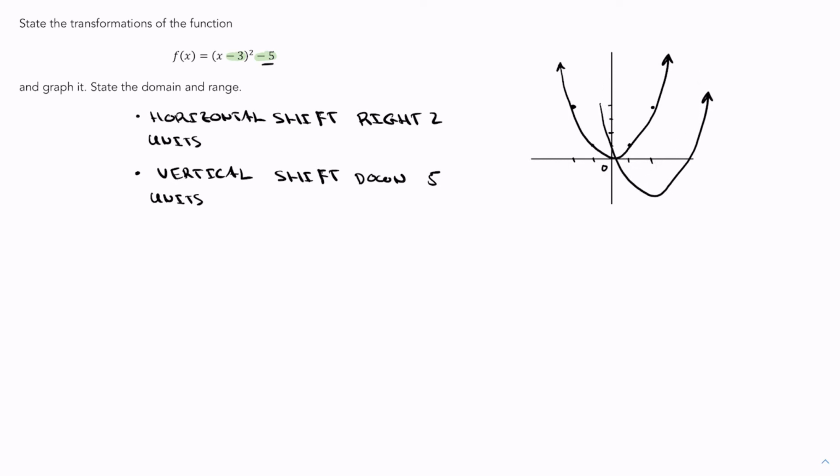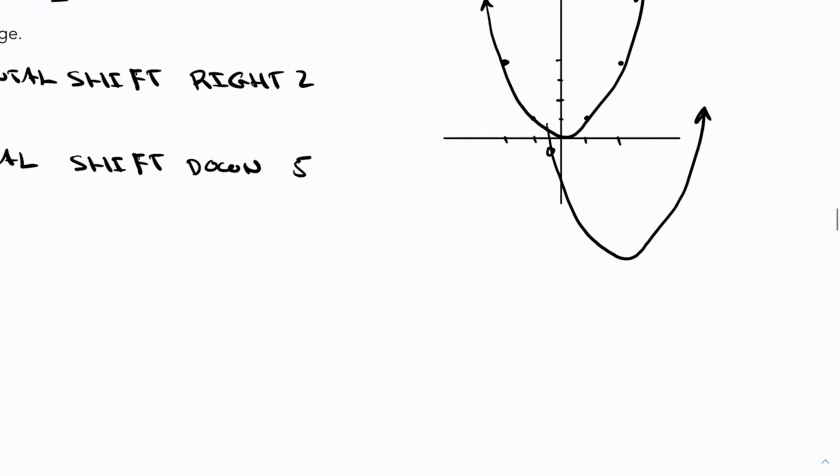So 1, 2, 3, 4, 5. So roughly over there. Again, this is just eyeballing it. If you have grid paper, you can get a clear picture of what your graph looks like. But we do know that down here now, this is -5, and this here is 3, because that's my vertex,